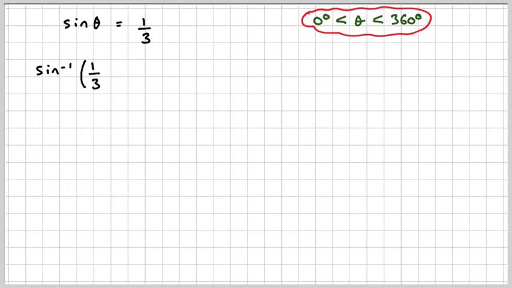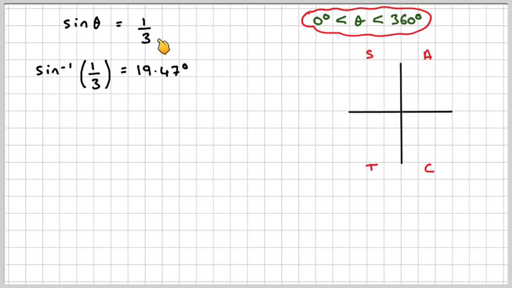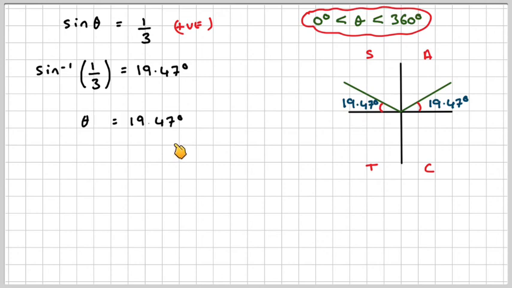We now need to find the angles between 0 and 360 that make that true. So sine to the minus 1 of 1/3, using our calculator in degree mode, will be 19.47 degrees. If we draw our CAST diagram, this is positive. So sine is positive in the first and second quadrant, so we'll draw two angles, making our angles with the x-axis. And we'll be able to say that theta will be 19.5 or 180 minus 19.5, which gives 19.5 or